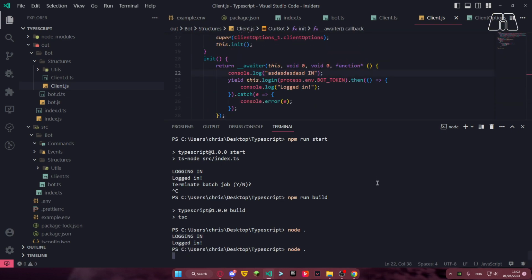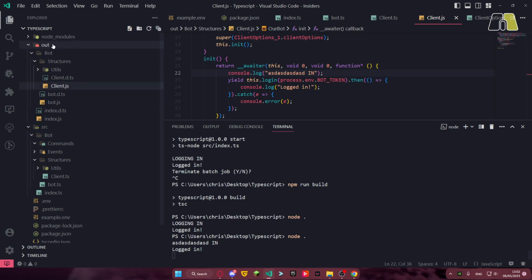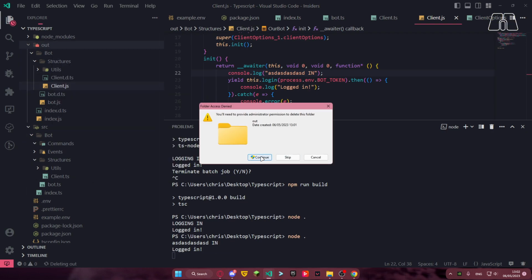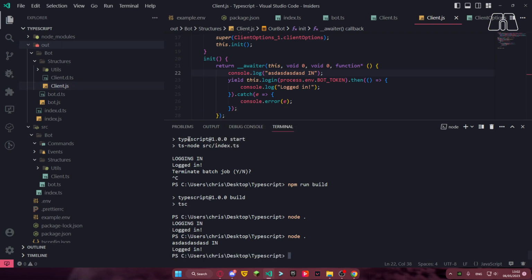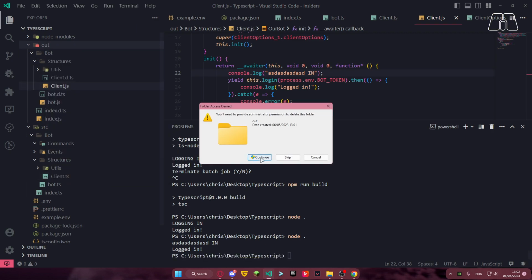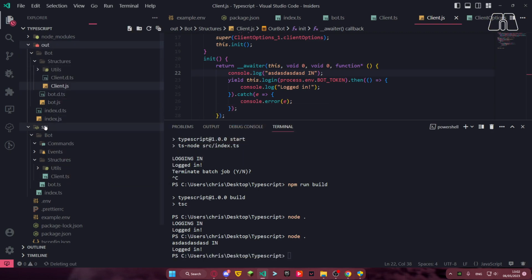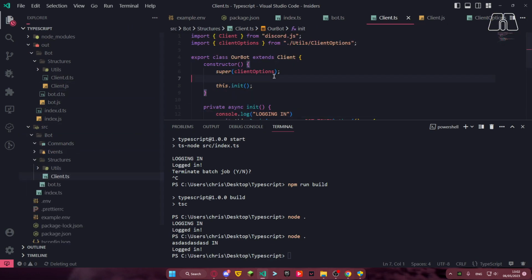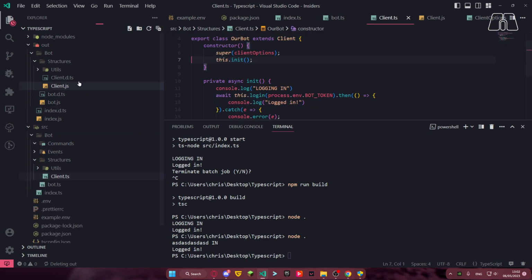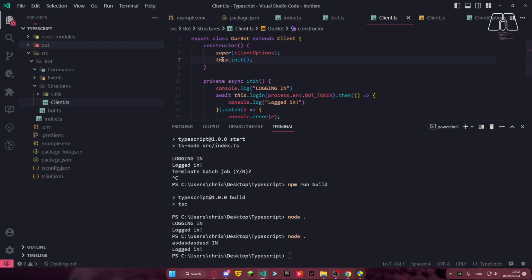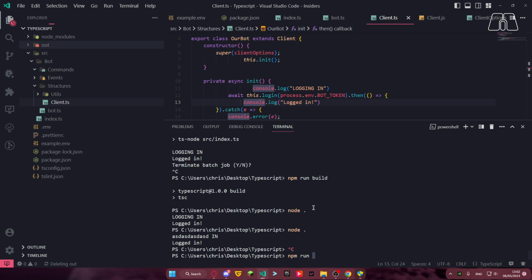I'm gonna change up the console log so that we see that it's actually the out version. I'm gonna delete the out version again because we don't need it, because we want to use our beautiful code. So now to show you what prettier etc. does, I change up the code ugly like that. And now if we run npm run all,